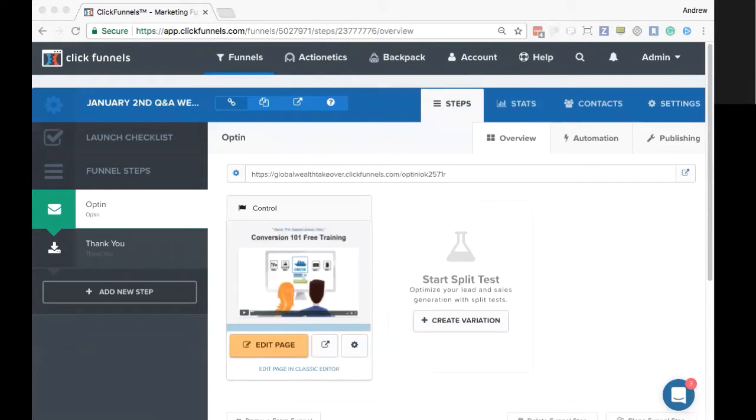However, what we can do is show you the steps of how to set that up here on the webinar. If you did those steps and it's still giving you problems, what you'd want to do is reach out to our support team. And one of our support agents will be standing by to assist you and get you moving forward with that particular issue if it is related specifically to your account. So keep that in mind while we are doing the webinar.